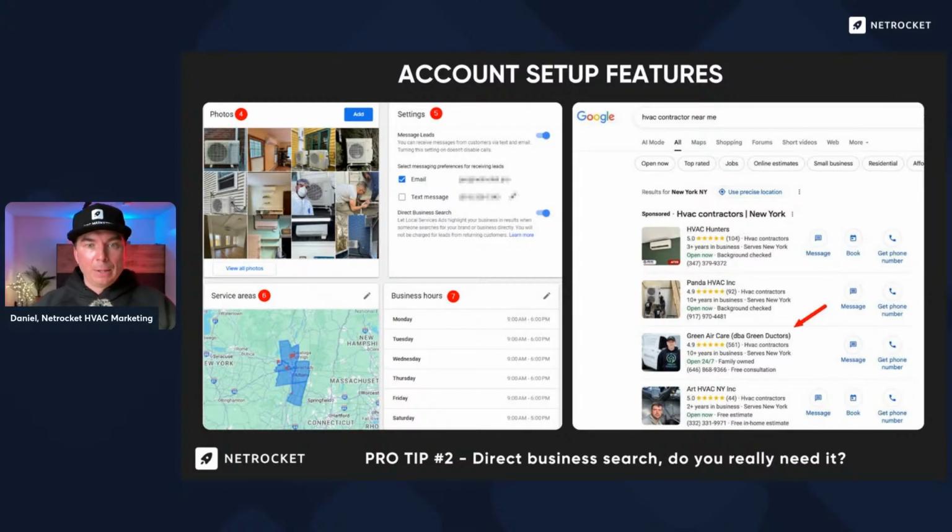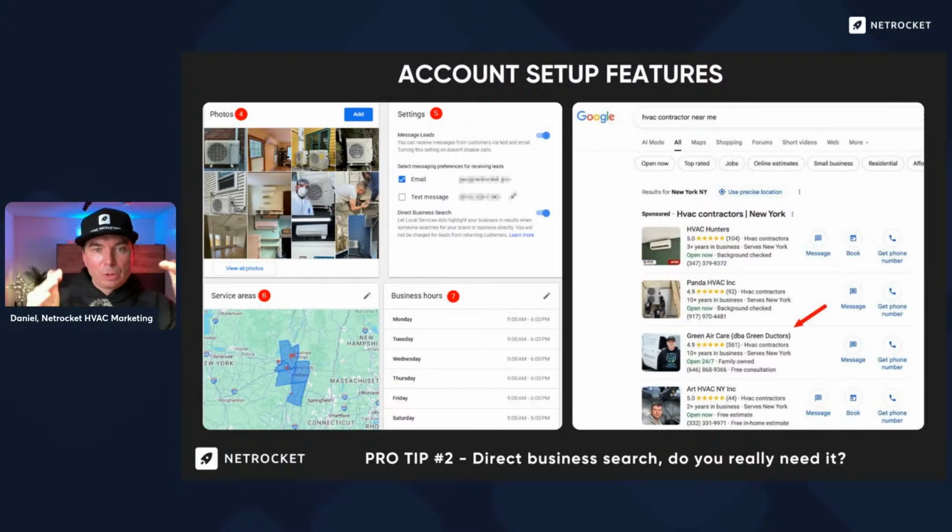in your area. Then the service areas: you just pick the service areas which you want to serve, and disqualify or exclude the service areas which you don't want to serve. Definitely, you know those neighborhoods or areas where you don't have technicians, or you don't want to go there. Then business hours, this is very important.